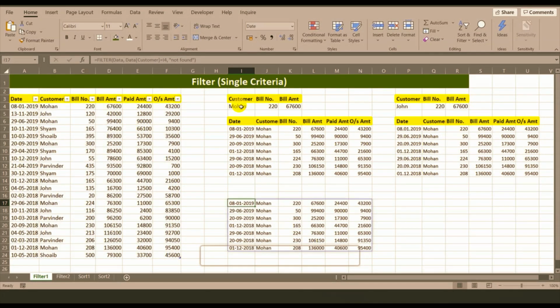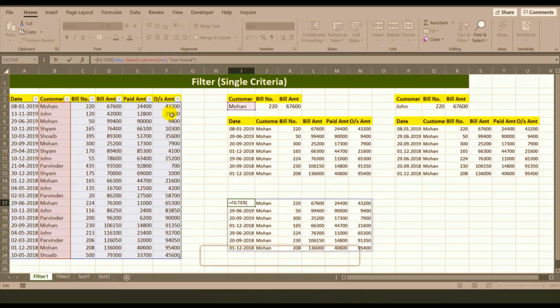So now you can see in this we have got the filter data, but we want to also sort it out. So here we will put sort array, it is our filter data. Now we want to sort the data based on bill number. So we will give 3 as our bill number column is number 3, and we want to get the data descending.